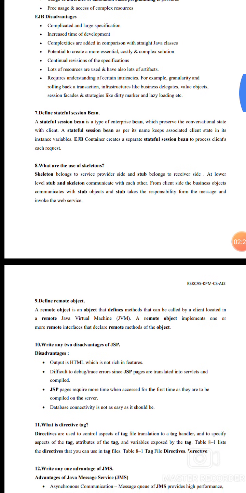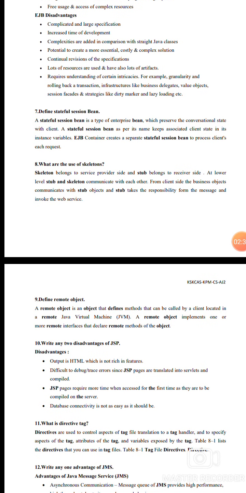EJB disadvantages. Enterprise Java Beans disadvantages: the specification is complicated and large, increased development time, complexities are added in comparison to straight Java classes, potential to create a more expensive and complex solution.